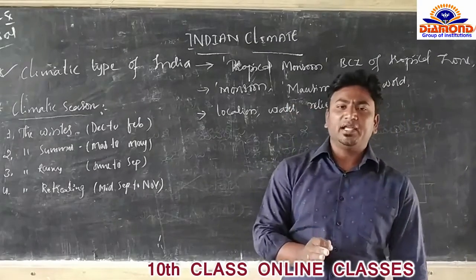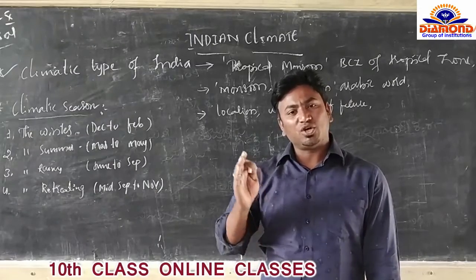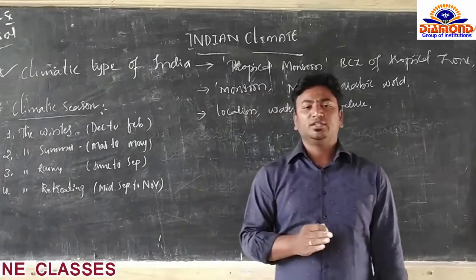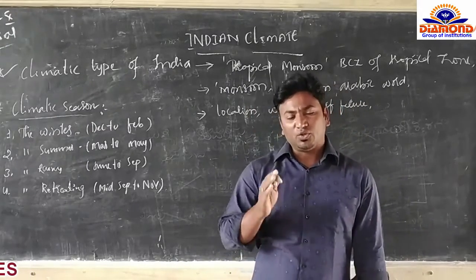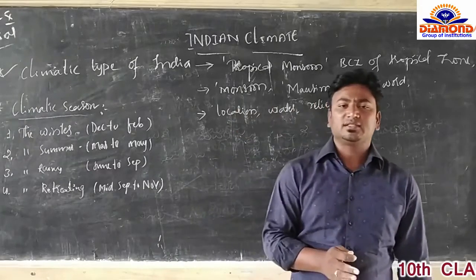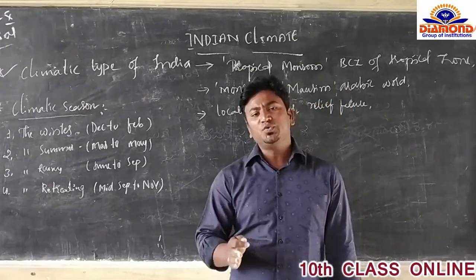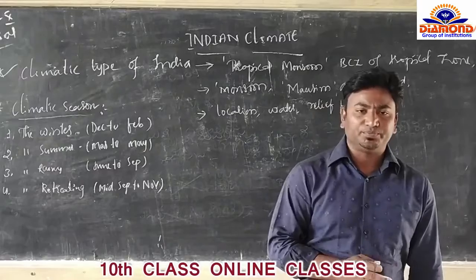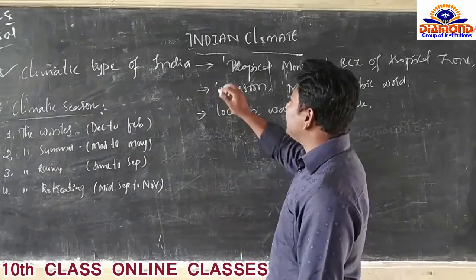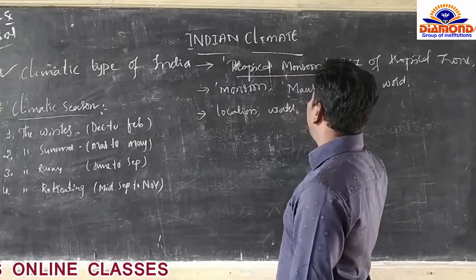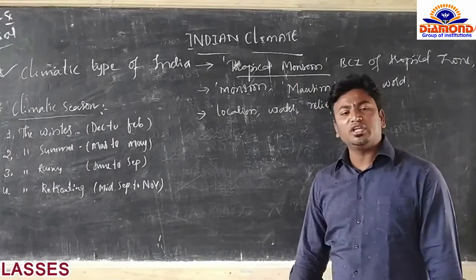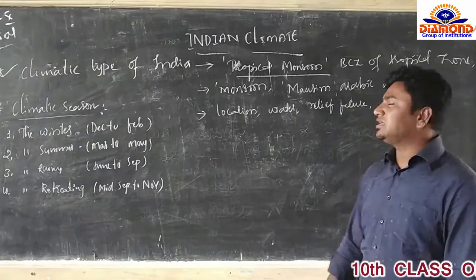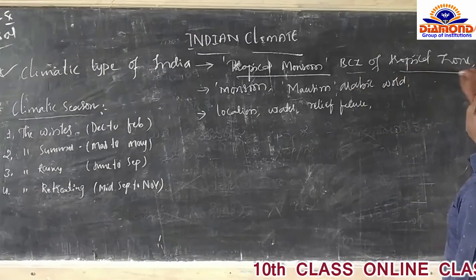Every country, based on its location, its settlement, its distance from the sun, its relief features, water bodies, mountains, valleys, and all the features that occur in that nation, has its own climatic zone. The Indian climate is called the tropical monsoon climate. Why is it called a tropical monsoon climate? Because India is in the tropical zone of the earth.